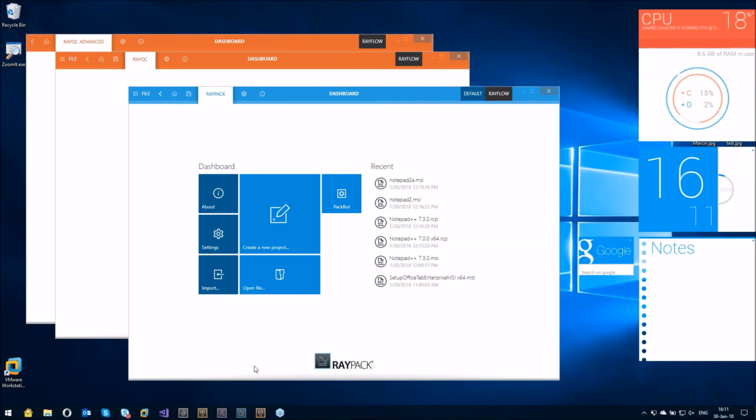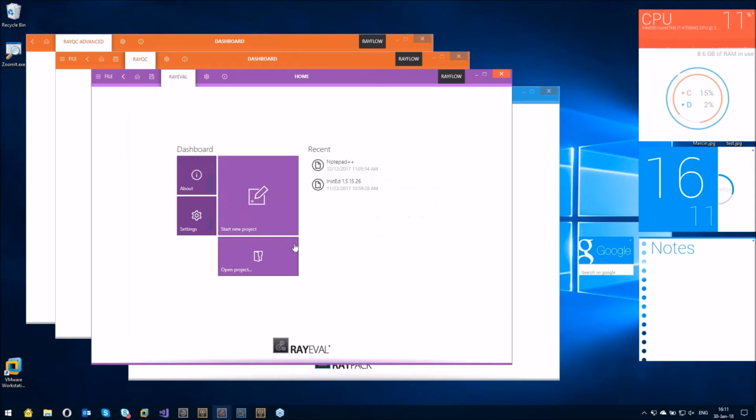I'm not going to cover all of them, but I've picked up a couple of highlights which are important and which are just interesting and fun to work with. I will go through evaluation with RayEval, or software discovery. I will do a short packaging with RayPack, and at the end I will also do Q&A quality control with RayQC. And starting with RayEval, this is, in my opinion, the simplest product in the toolset,